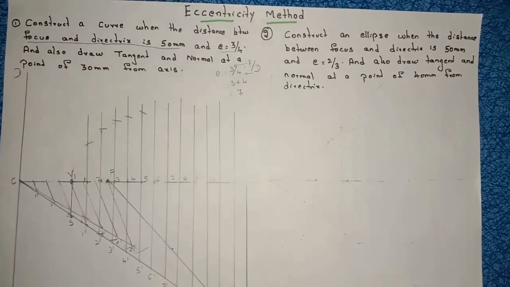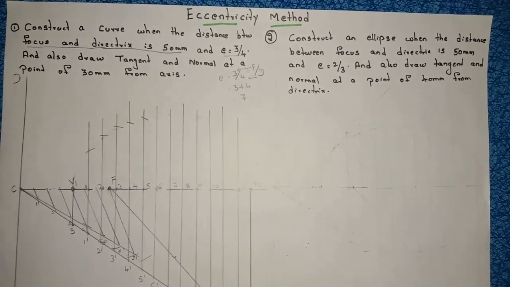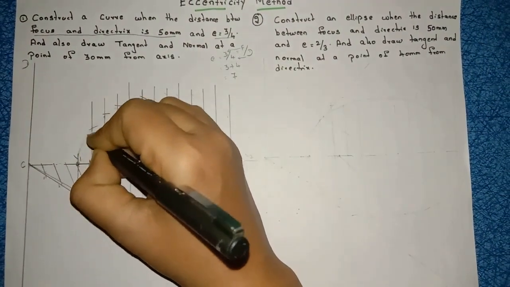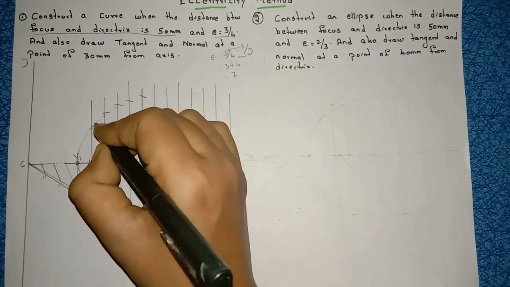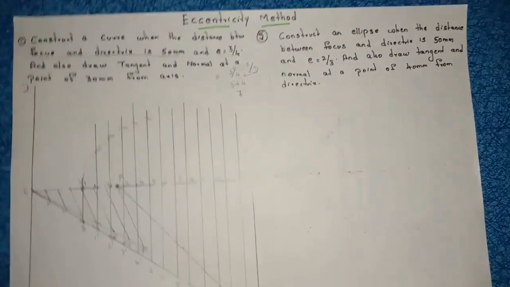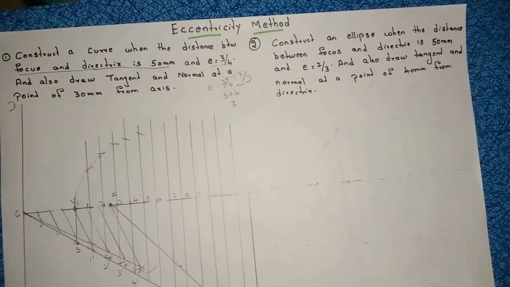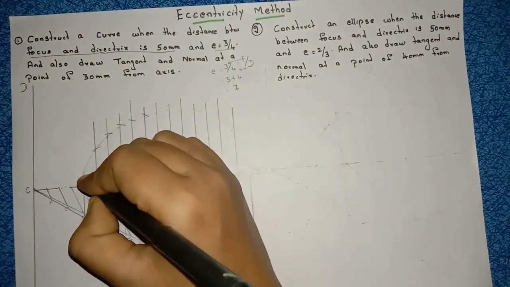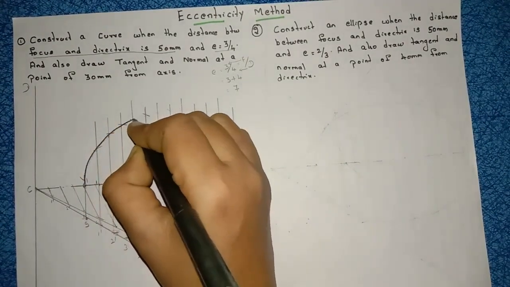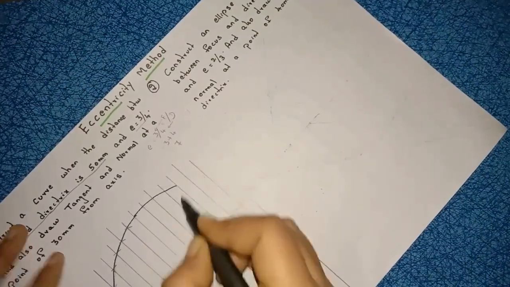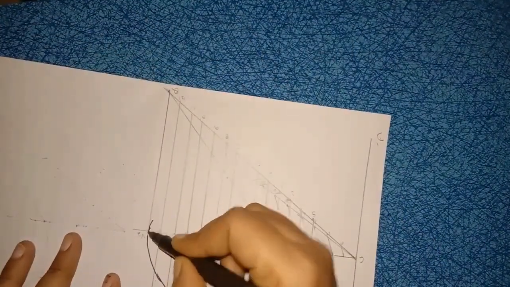right? So whenever you are drawing a curve, whatever may be ellipse, parabola, hyperbola, first draw in a very light manner, right? Then next you can draw in dark, right? So if you join all this, you will get the shape of the ellipse, right? So exactly you should get the smooth curve.